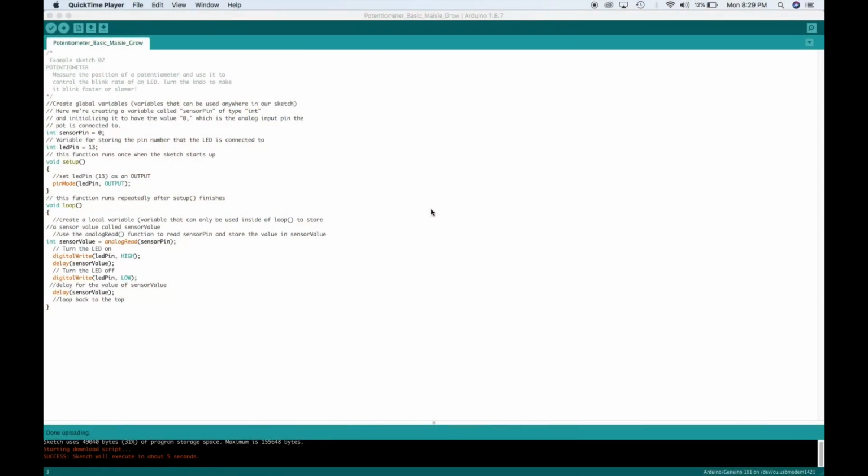Hi Coach L, this is tutorial 3, reading a potentiometer. This is the code for experiment 3, reading a potentiometer. In this experiment, we're going to measure the position of the potentiometer and use it to control the blink rate